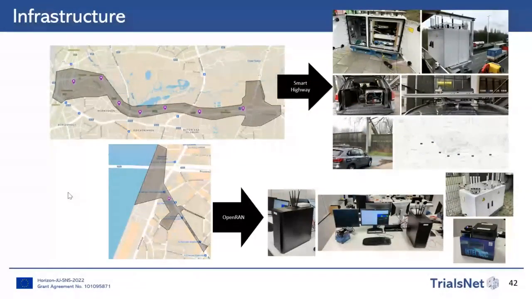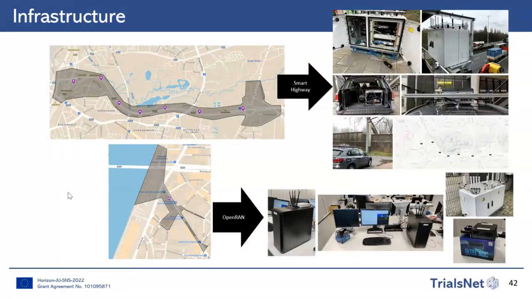Concerning the locations, here we show two figures. The one on top shows the Smart Highway deployment. This is precisely the location where we have the license for operating in that 5G standalone spectrum. The one on the bottom is the indoor environment in our lab facilities, where our office is located, but the licenses are also available for the geographical locations around the office, so that the setup can be scaled up if needed